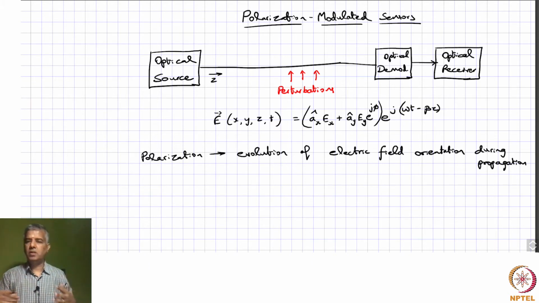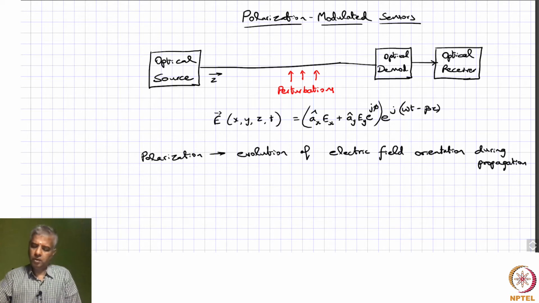So all these actually constitute different states of polarization, and like I said, what we are looking for as far as polarization modulator sensors is concerned is that these states of polarization are changing and corresponding to a certain perturbation that the material is exposed to. Okay,